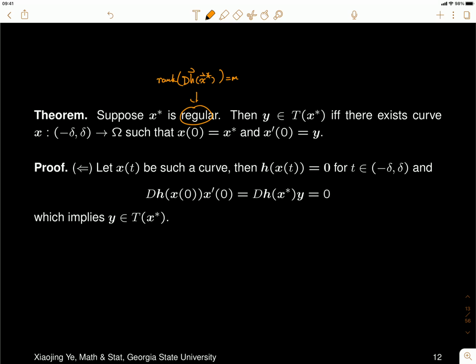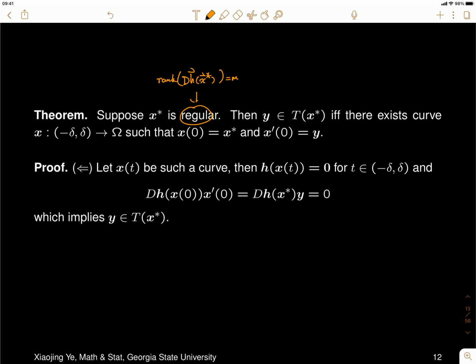You can define a curve that is a mapping from this interval to omega such that at the point t equals 0, so t can be any number from this interval, when t equals 0, it reaches the point x star, and the derivative of the curve at that point is equal to y. So what this means is,